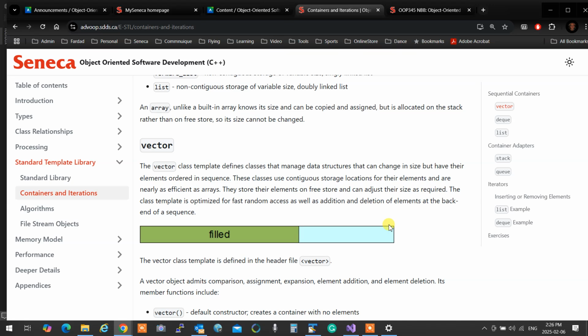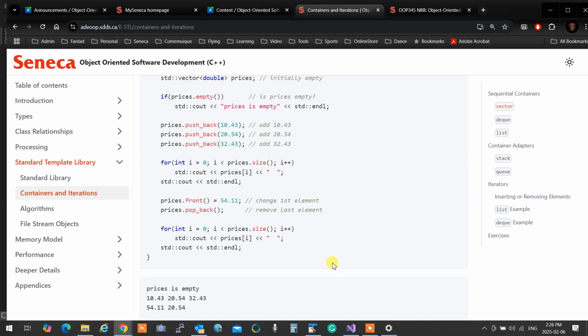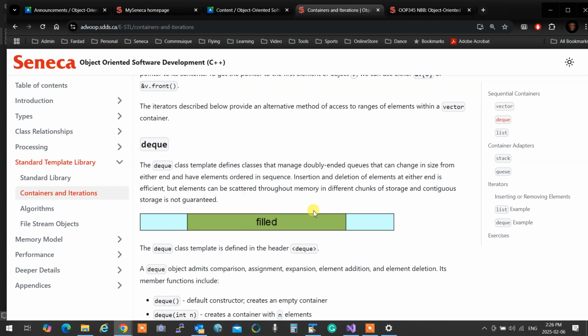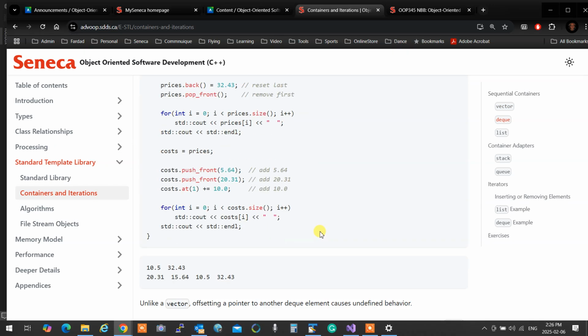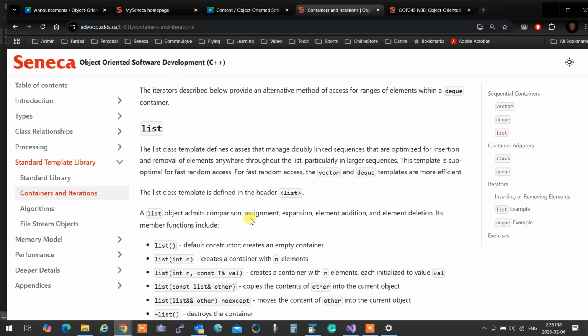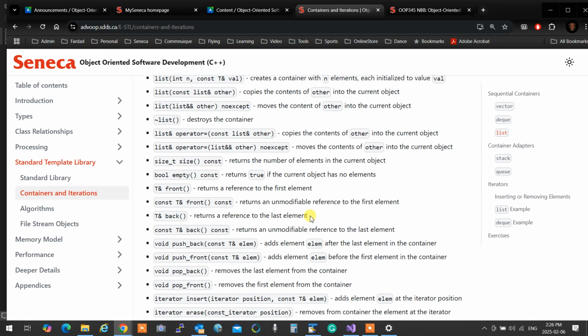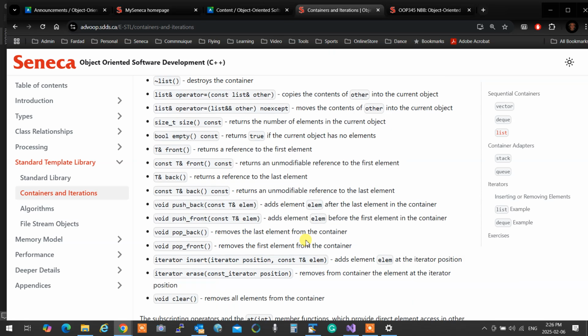OK? And then you can go check DQ. It tells you exactly what it is for. And then you go for the rest of the stuff, one by one: list, what a list is good for. List is essentially the top one. When you say list, it's a linked list. That's essentially that one. So go through that, read exactly what it is and how they work. They all, as you see, share the same methods. You see that? Pop back, pop front. Everything is the same. OK? So please check these things.